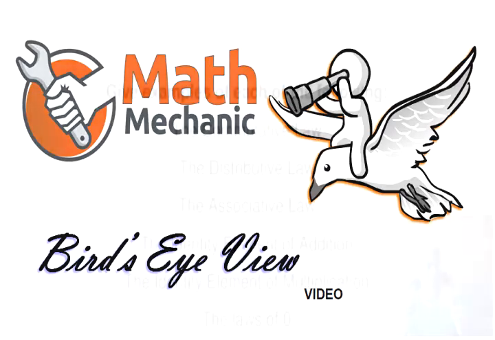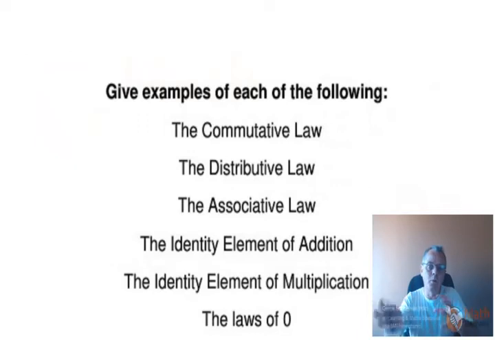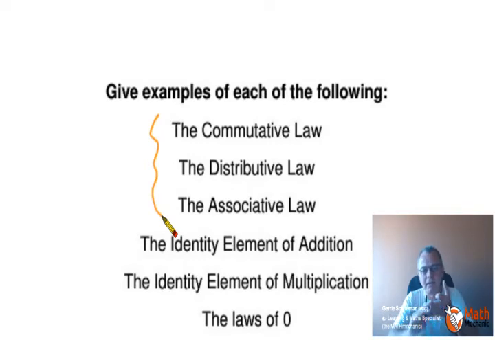In mathematics, it's important that you also know the rules and the laws that govern how we work with numbers. And some of those laws and rules are included in this question. So for instance, if you take a look at the first three, the commutative, the distributive, and the associative properties